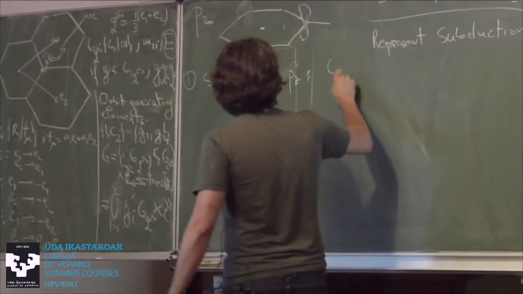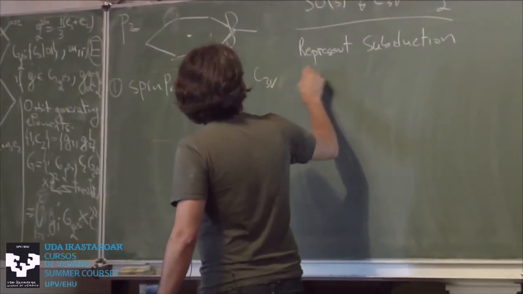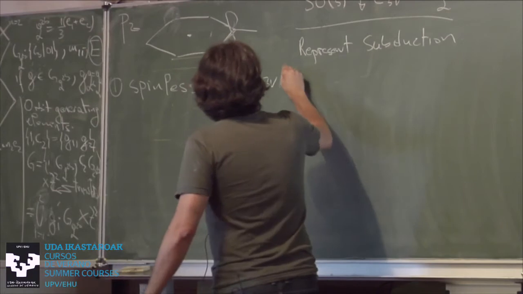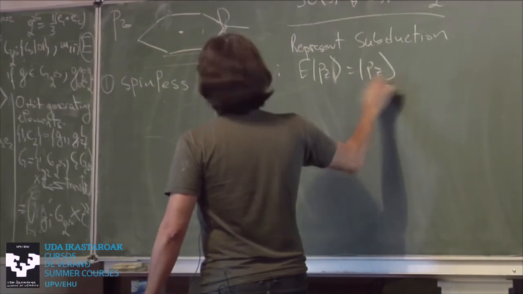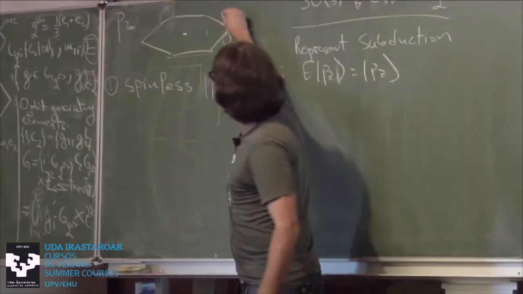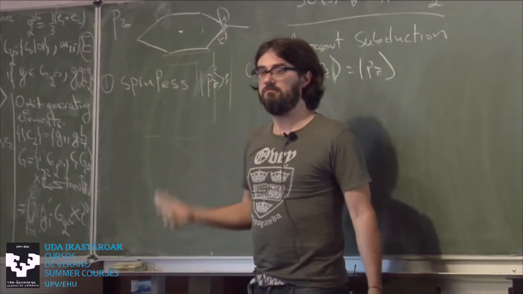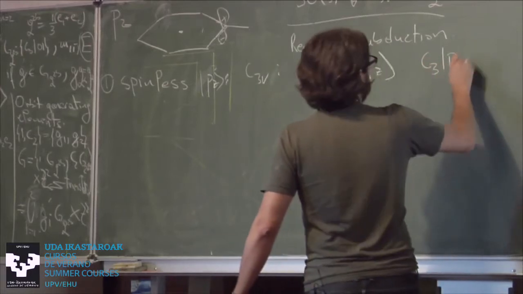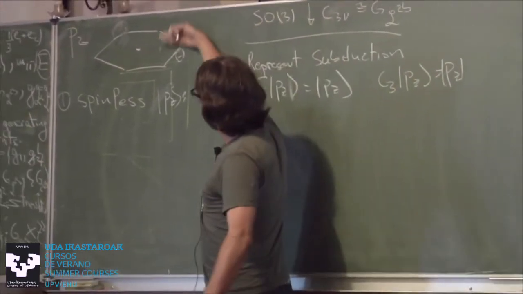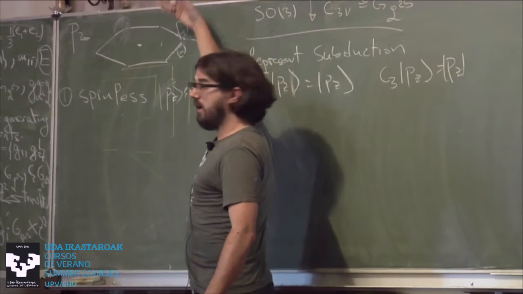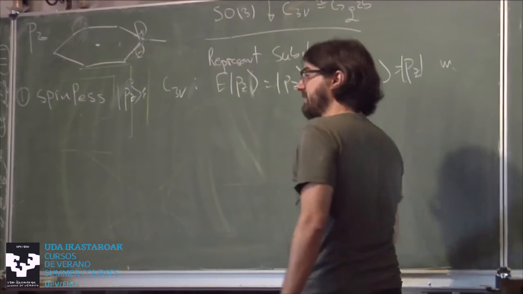My group C3V has what components? Identity. So call this its wave functions PZ. So identity on PZ orbitals obviously doesn't change PZ orbitals. What does C3Z do to PZ orbitals? What does it do if I rotate a PZ orbital like this? Nothing. So C3 on PZ is still PZ. What does mirror do on this PZ orbital? This mirror. So I have this orbital and I have a mirror plane that runs through it. Nothing. Okay, so this is one representation